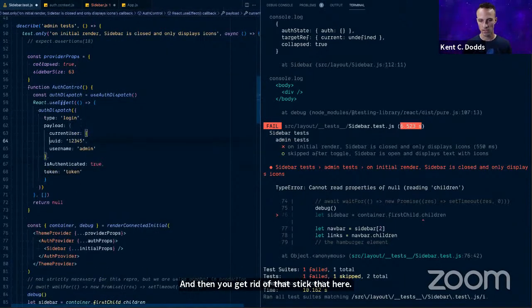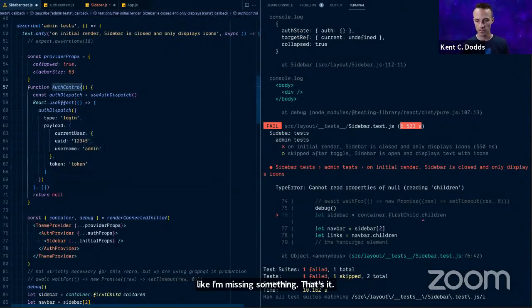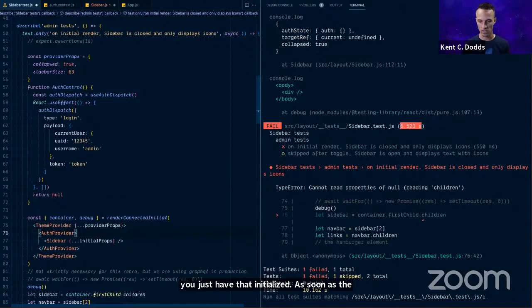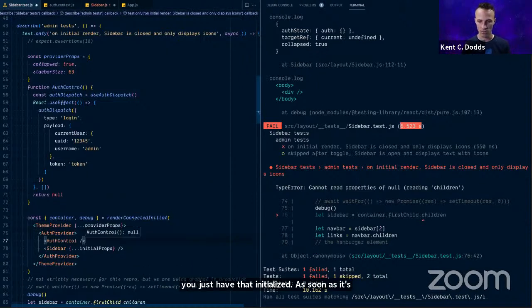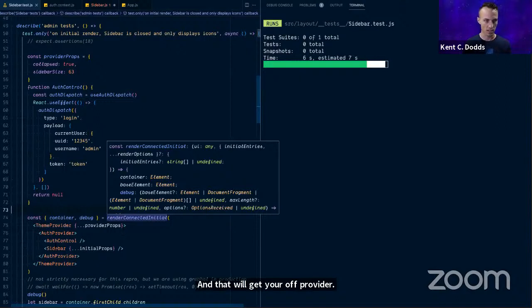We don't have the isAuthenticated, that's handled by the reducer. Okay, and so then rather than passing those as props, you just have that initialized as soon as it's rendered, and then you just stick that right next to it. And that will get your auth provider into the state that it needs to be for your sidebar to be authenticated.